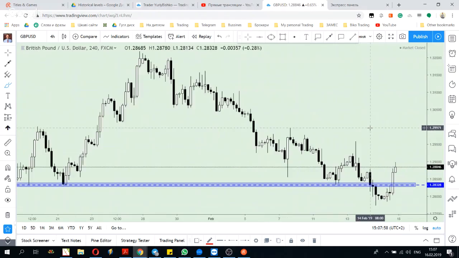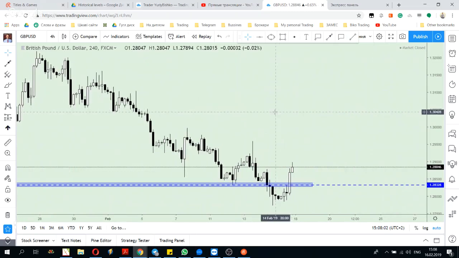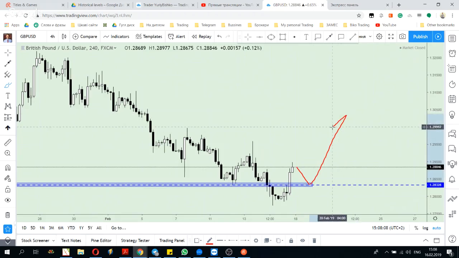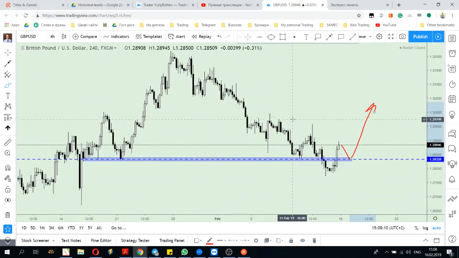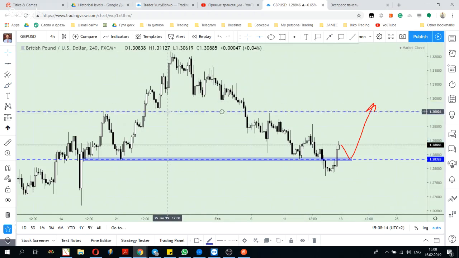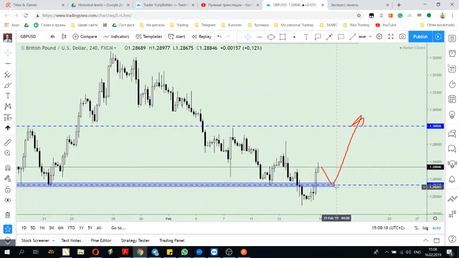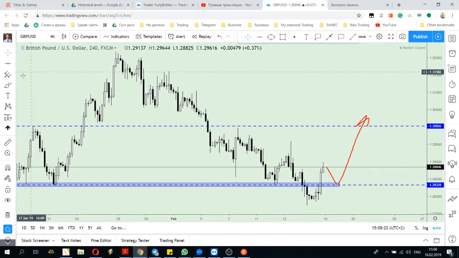That's why on Monday, I think on British pound it will be really nice to open a buy position from this place. And the goal could be here. Because if we open a buy here, our stop loss will be really low. There will be, for example, a stop loss